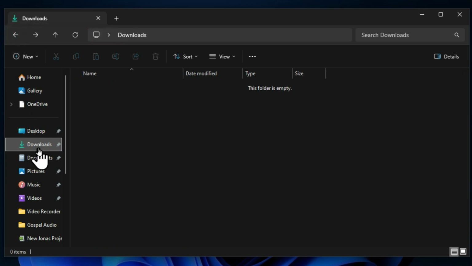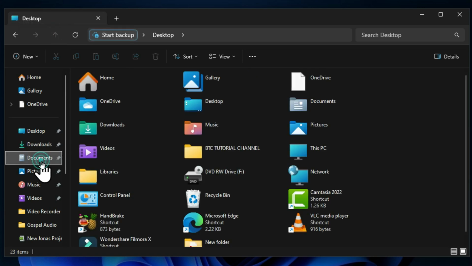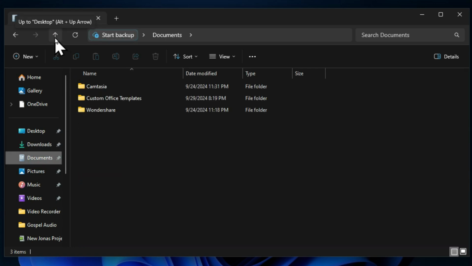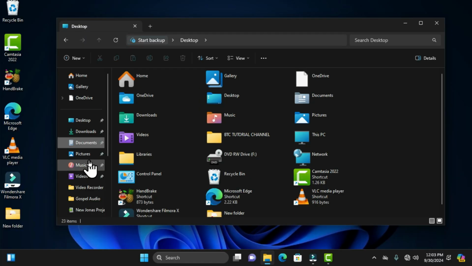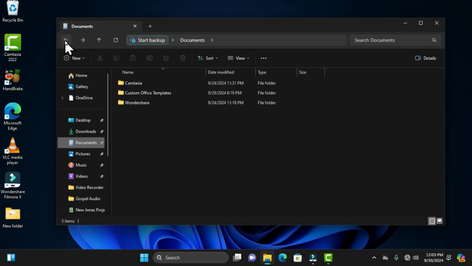So anytime you want to access the desktop, you choose this that says up to desktop. If I choose this and move to this section, it says up to desktop. So anytime you have a directory selected and you want to move to the main directory or the main folder that consists of that subdirectory, then you need to click on this up button. But this is for back and also this is for forward. When you click on this, this takes you to the previous directory that you just opened,